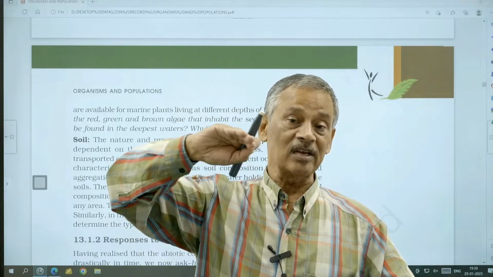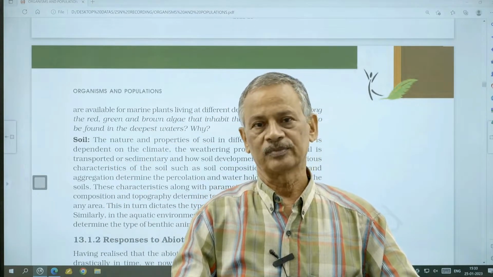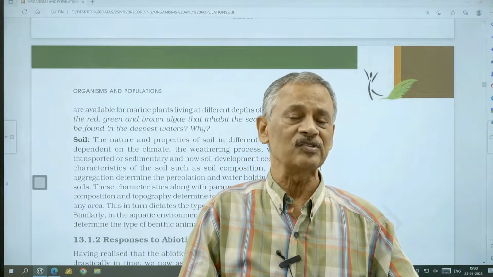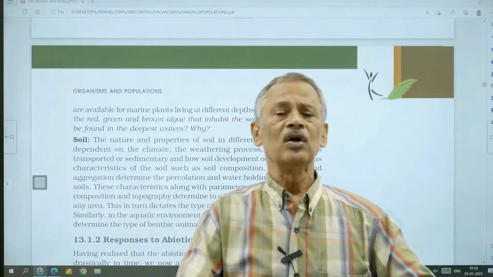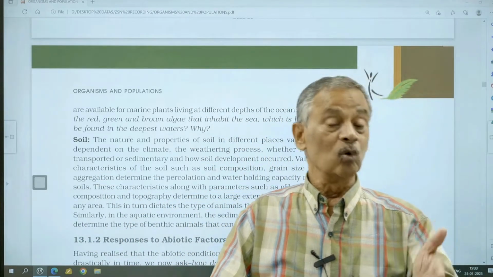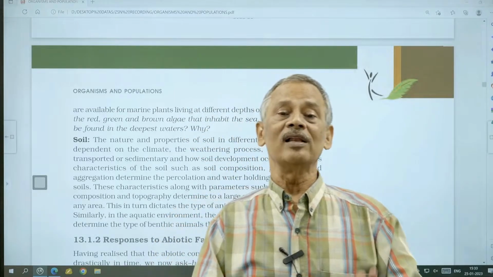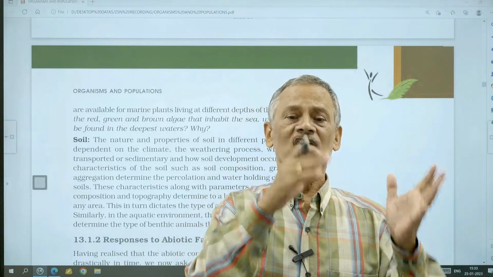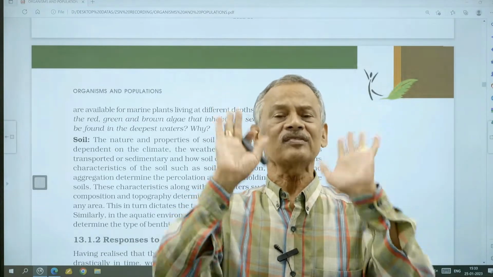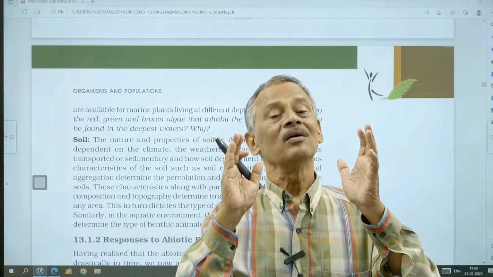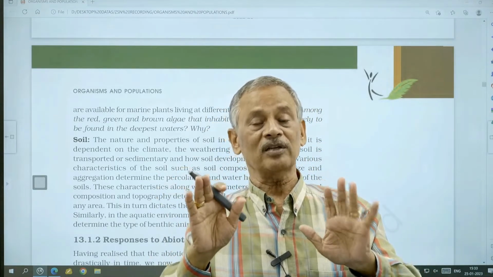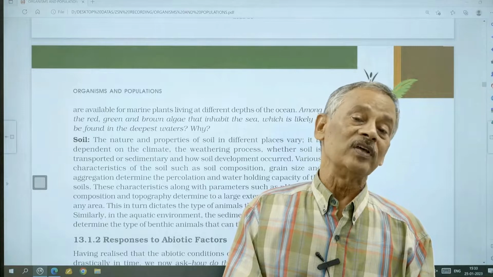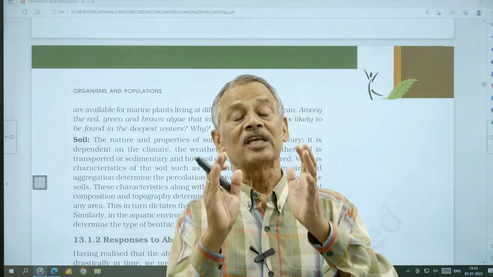We generally have different horizons. The soil horizons, their thickness, their composition, etc. will vary from place to place. And there are so many different types of soils: alluvial soil, colluvial soil, aeolian soil. These are all soils which are transported by water, wind, etc. So how the soil is formed, whether it is transported by water, transported by wind, etc., is a very interesting chapter for study.